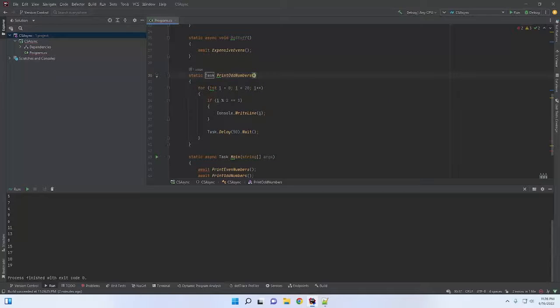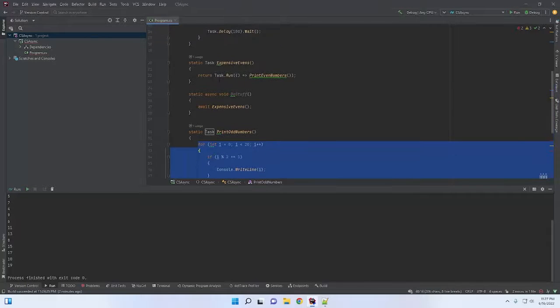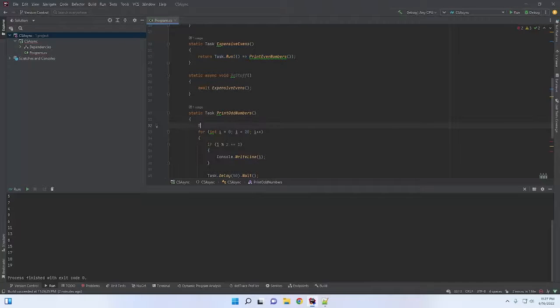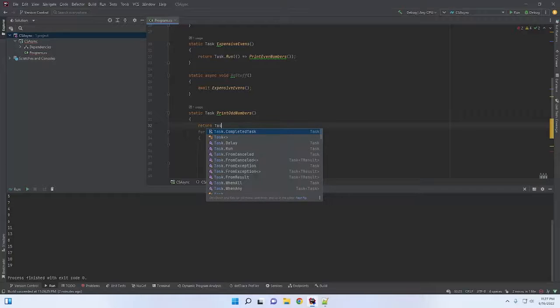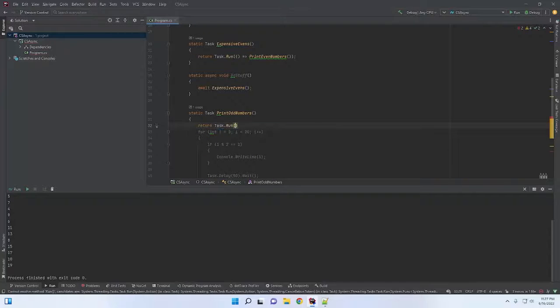And so we'll do print odd numbers first. And so now this is going to be the same as what we would do here. So all we need to do is just do return task dot run, and then make a lambda expression.